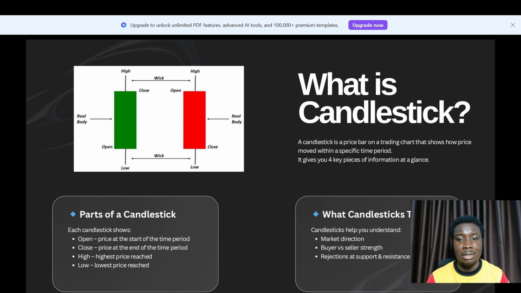All right, lastly is what candlesticks tell you. Candlesticks help you understand the market direction. It helps you understand buyers versus sellers' strength. All right, you can see the bullish candle and the bearish candle. That's basically what we're doing. After understanding price action and learning how to mark out zones, the bottom line of everything we're doing is to either take a buyer bias or a seller bias so that we can make money. So with that being said, rejections at support and resistance, this is what candlesticks help us do,